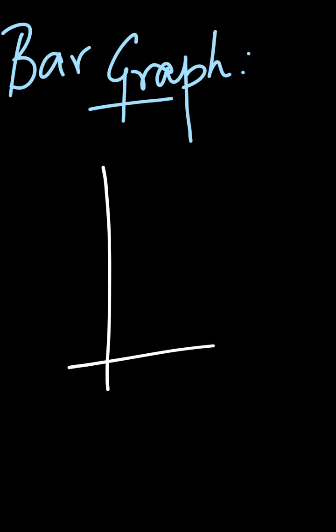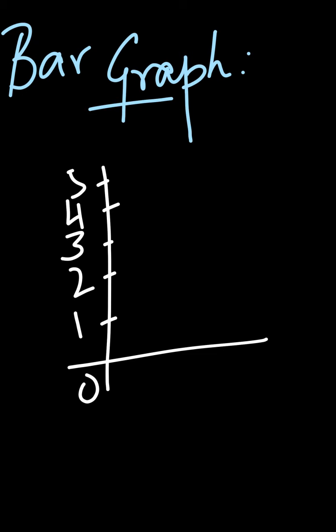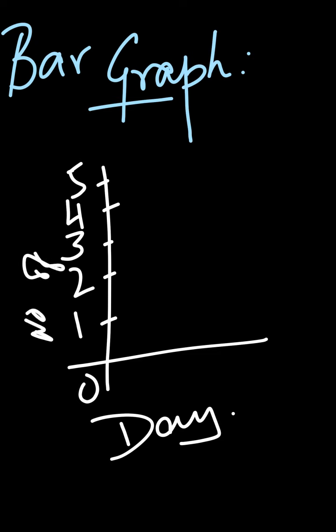We had one origin, the x-axis and y-axis, and here the numbers like 0, 1, 2. The scale was there, right? Imagine the number of chocolates sold in one day is shown here. I can write "choco", so it becomes a little easier.